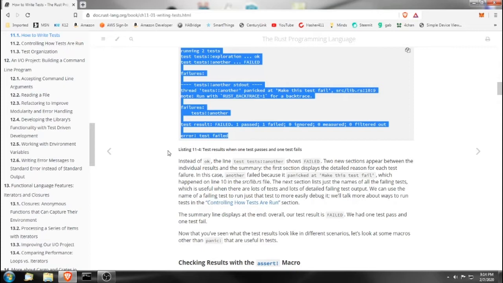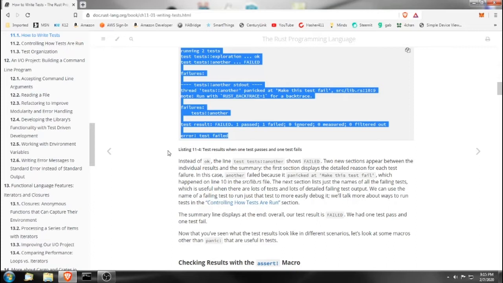Two new sections appear between the individual results and the summary. The first section displays the detailed reason for each test failure. In this case, another failed because it panicked at 'Make this test fail', which happened on line 10 in the src/lib.rs file. The next section lists the names of all the failing tests,